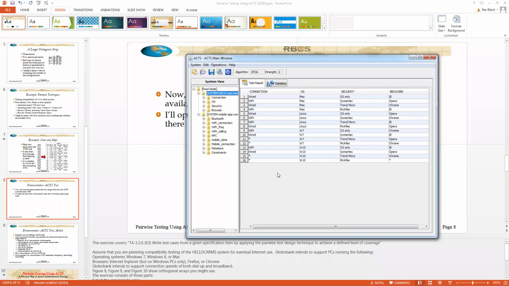So you can see that all possible pairs of options across the pair of factors connection with OS are represented in the table. And you can go through and satisfy yourself that that's true for any of the other pairs of factors that you might want to look at. And I say, okay, well, that's the solution. How did you get that? Well,